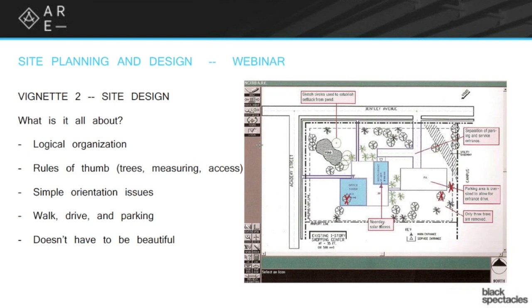All right, let's move on to the next vignette. This one is site design. Here's an example one from a while ago that they used. The site design vignette is,